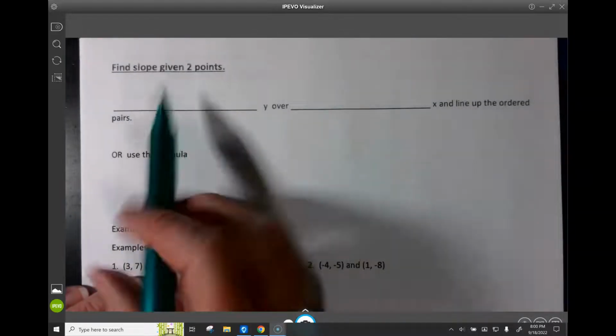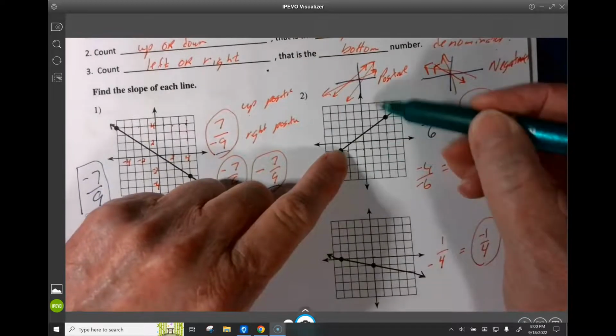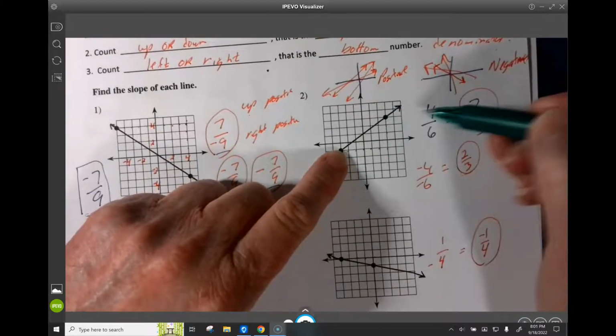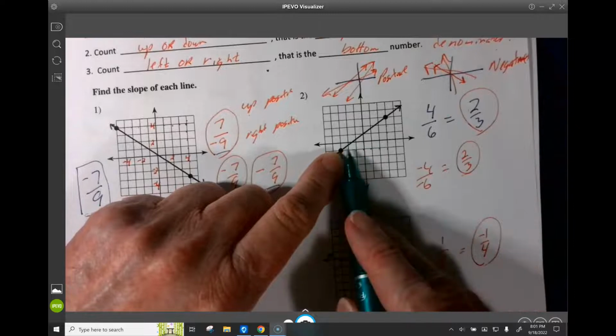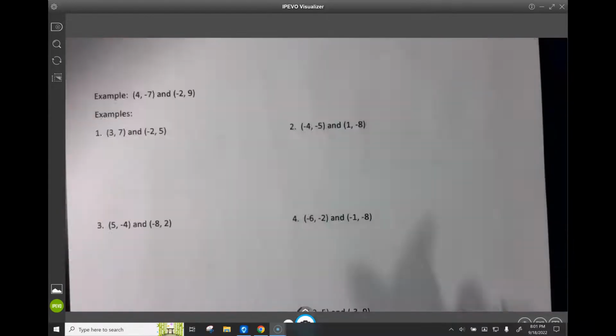So what we're going to do is find slope given 2 points. And I want to look back at slope for just a second on counting. Notice we always go up and down first. That's our top number. Up and down is our top number. Left and right is our bottom number. Okay, so it's going to be change in y